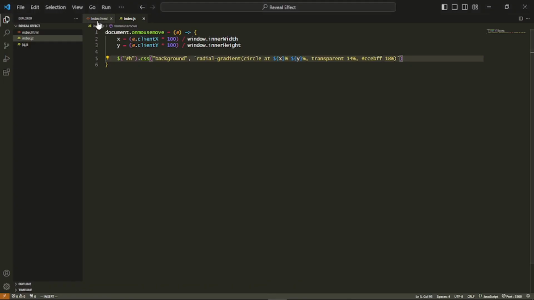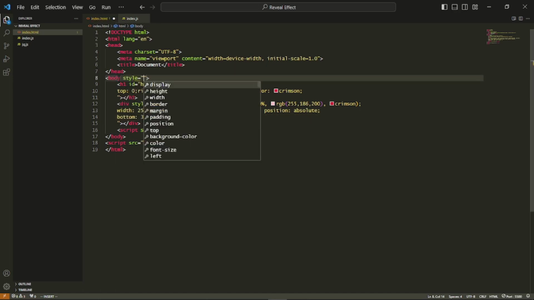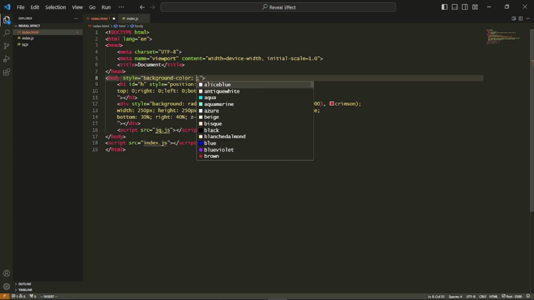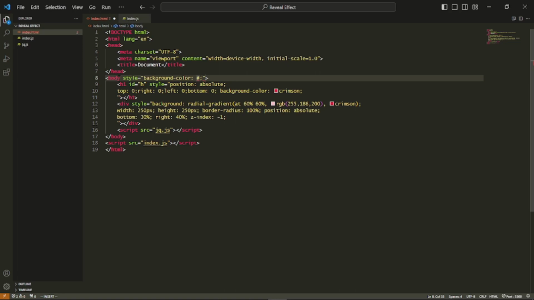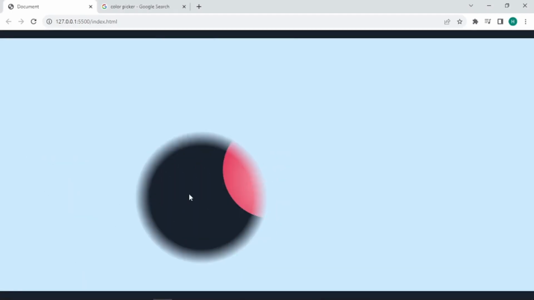Now I'm going to make the background darker. So the style to background color hashtag 1A212E. How could I have possibly memorized that? I didn't. Now you see that it looks